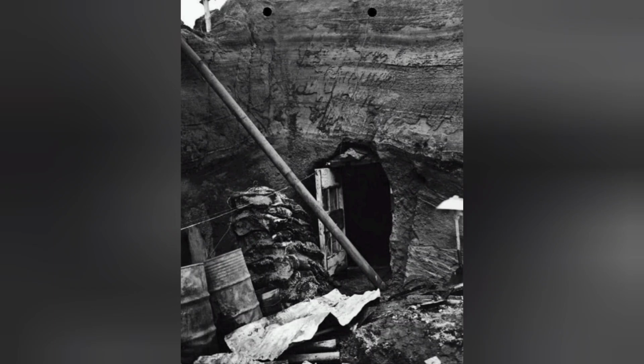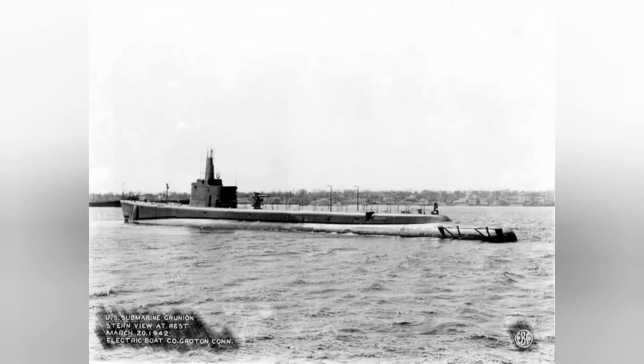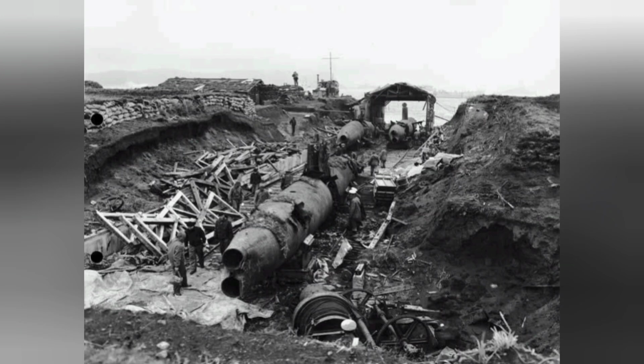It would not take long for the Japanese submarines to experience an attack from the United States, as on the very same day they arrived, the 3 destroyers that had escorted Chiyoda would all be attacked by the USS Growler, which resulted in one of them sinking and the other 2 being damaged. A few days later, on the 15th of July, the USS Grunion attacks 3 sub-chasers, sinking 2 of them and damaging the 3rd. The midget submarines would not be under immediate threat until the 7th of August, when Task Group